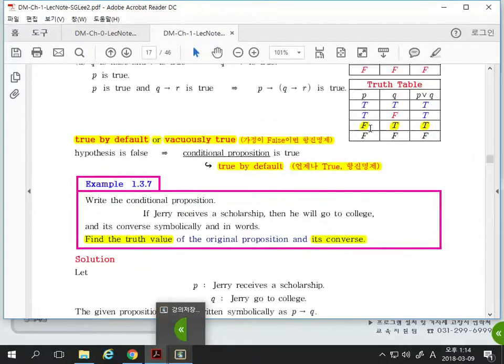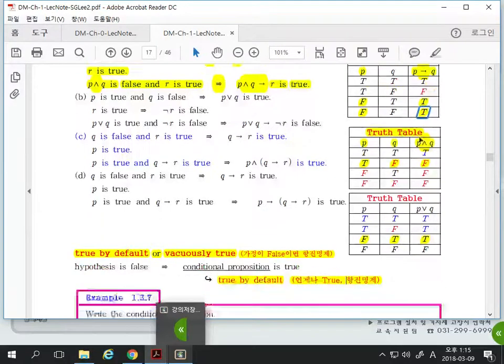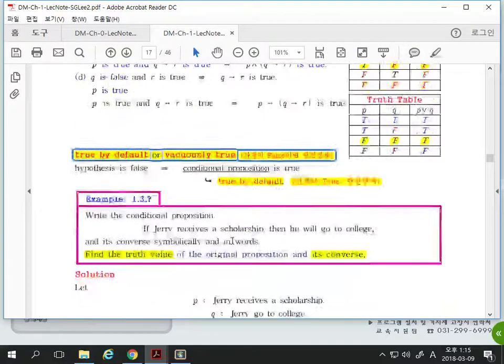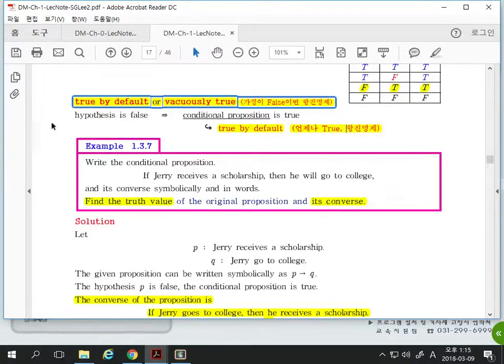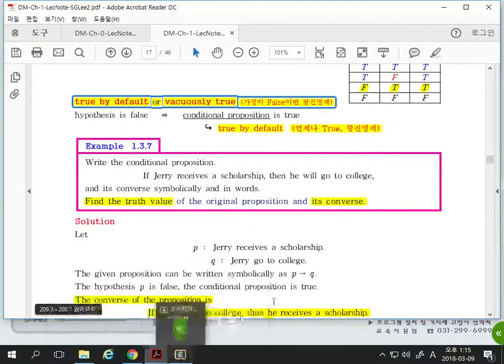P implies Q. If a hypothesis is false, then whether the conclusion is true or false, the statement is always true. So in English, we say it's true by default or vacuously true. That's what we say. This is also quite important. When you make an algorithm, if the assumption is false, then you don't expect anything. It's always true. So it's very important that we start from the right statement,